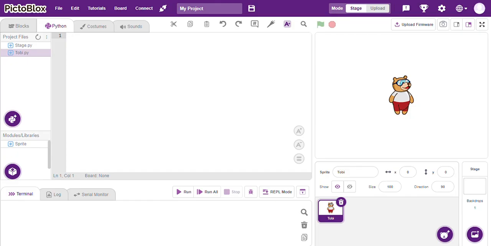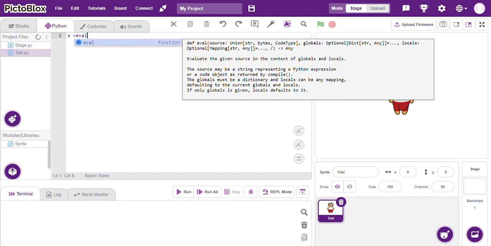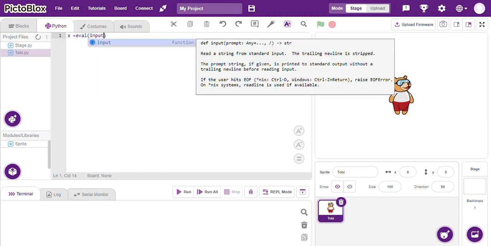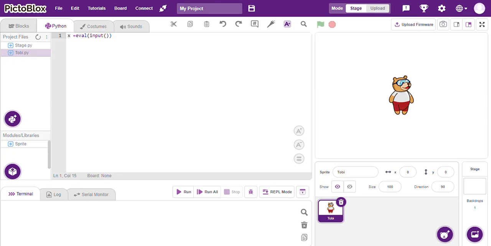I want to declare the variable. There's a variable x to represent the very first number, and I'm going to declare it as an input. I'll use eval as the data type. Now, why am I using eval? The user might decide to use either float or integer. The eval data type takes care of both integers and floats. So I have eval input, then I open my bracket to put in the information. I ask the user to enter the first number, enter first number,